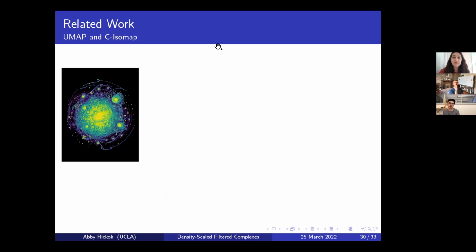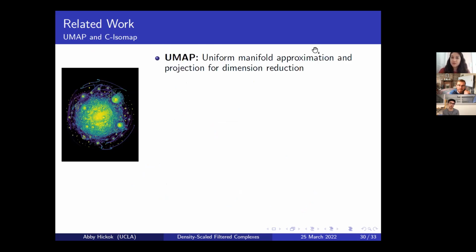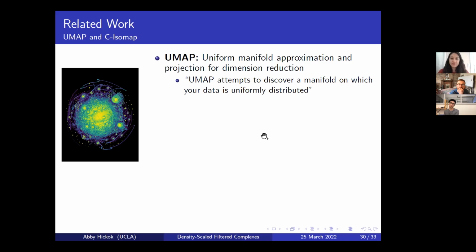Okay, so some related stuff from a slightly different discipline. UMAP and Isomap are nonlinear dimension reduction algorithms, and they have more or less the same philosophy as what we're doing here. UMAP is the Uniform Manifold Approximation and Projection for dimension reduction. It is used all the time in manifold learning, and its philosophy is, from their paper,